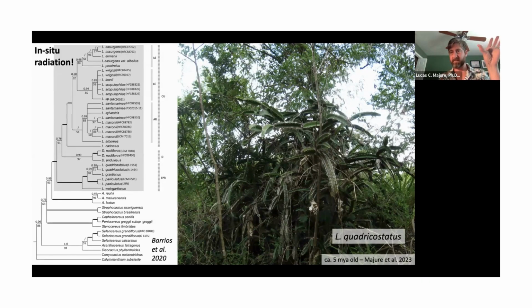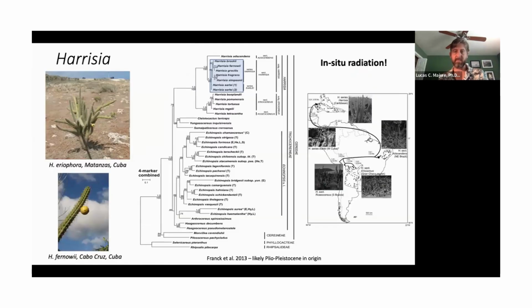There's essentially a group that's specific to Cuba, a group that's more or less specific to Hispaniola and Puerto Rico, and then this group that spans both of those, which we used to call the genus Dendrocereus, that's totally nested within Leptocereus, and so we combined those into Leptocereus. But this is a group that's about 5 million years old, so a little bit older than Consolea, and so it's had ample time to speciate and to really develop into a large number of species across the islands.